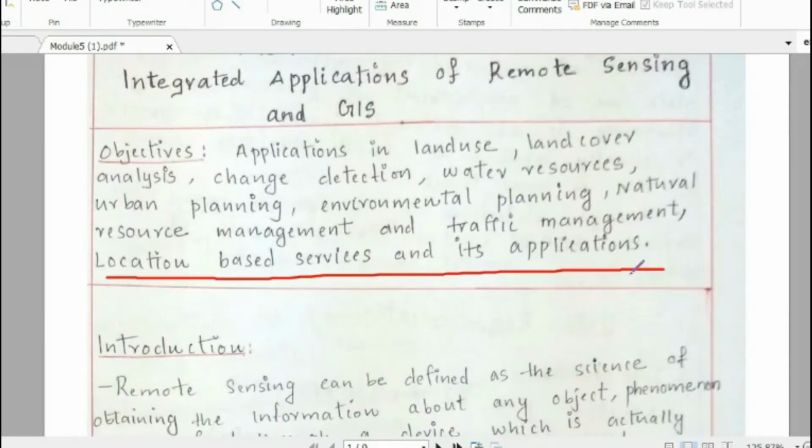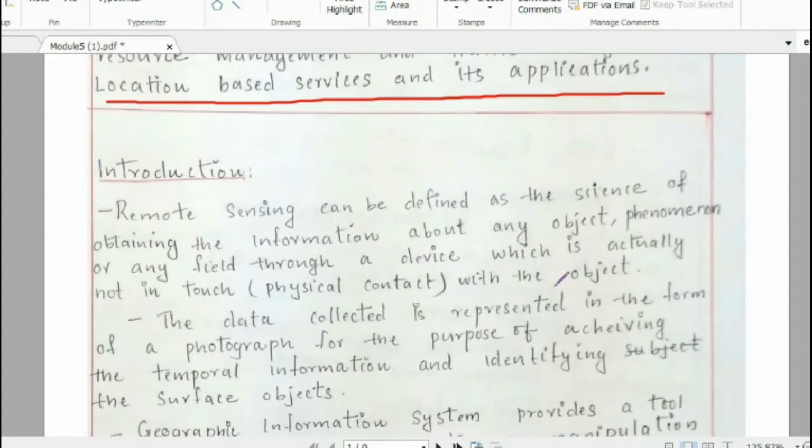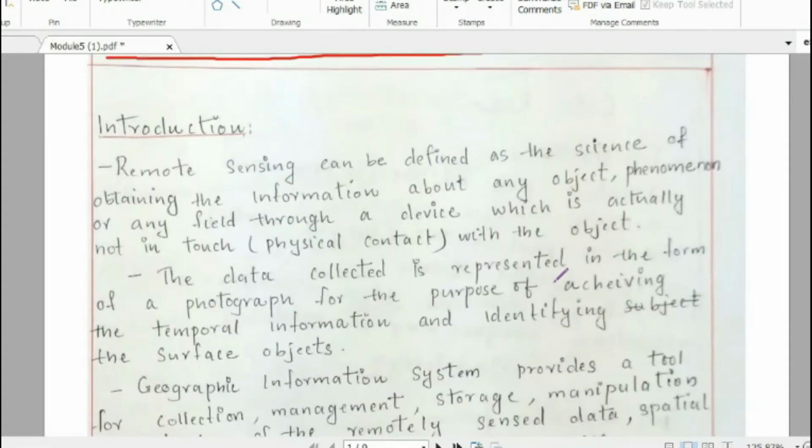So, I will be starting today with the application of remote sensing and GIS for land use and land cover analysis. First, as an introduction, I briefed what remote sensing and GIS are in the first paragraph. You are also required to write like this while performing in the exam.